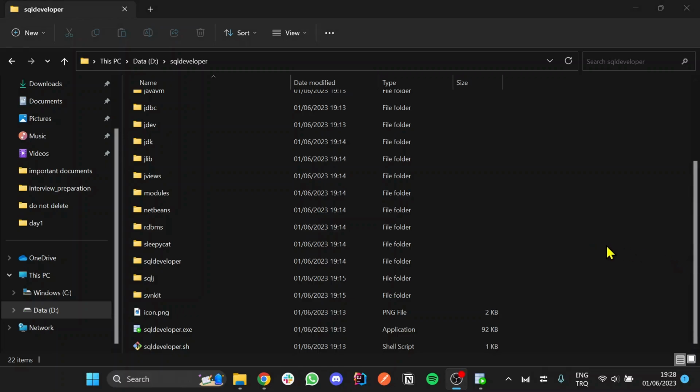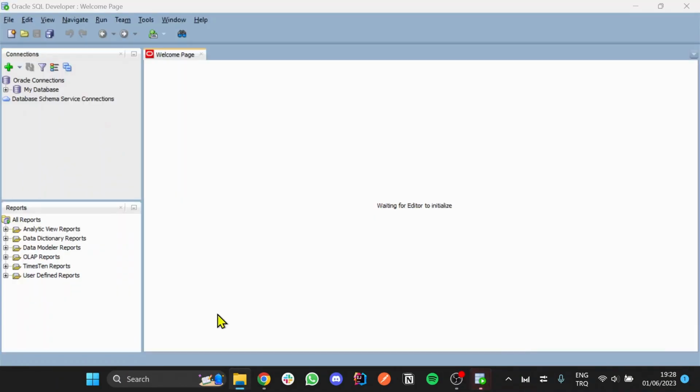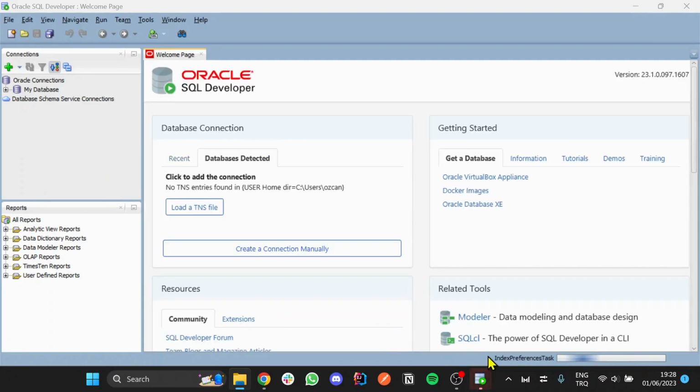Everyone. Today we will learn how to connect an Oracle database in SQL Developer application. Double-click on the SQL Developer.exe file and it's indexing. And you can click the plus button